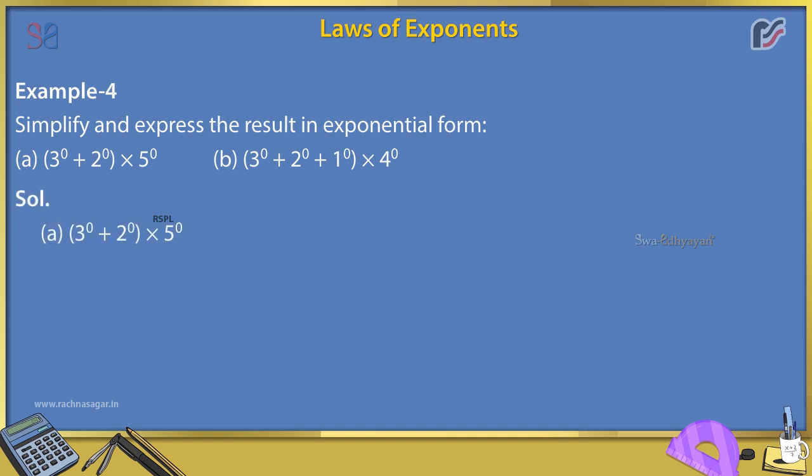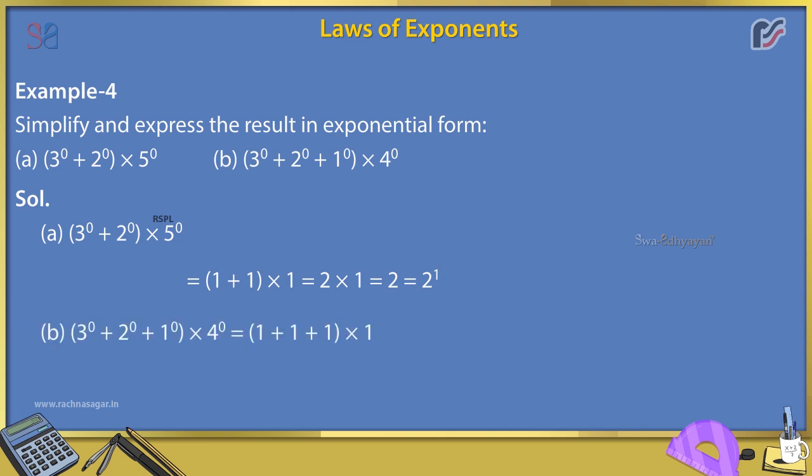Solution. A. In the brackets 3 raised to the power 0 plus 2 raised to the power 0 into 5 raised to the power 0 is equal to, in the brackets 1 plus 1 into 1, which is equal to 2 into 1, which is equal to 2, which is equal to 2 raised to the power 1. B. In the brackets 3 raised to the power 0 plus 2 raised to the power 0 plus 1 raised to the power 0 into 4 raised to the power 0, which is equal to, in the brackets 1 plus 1 plus 1 into 1, which is equal to 3 into 1, which is equal to 3 raised to the